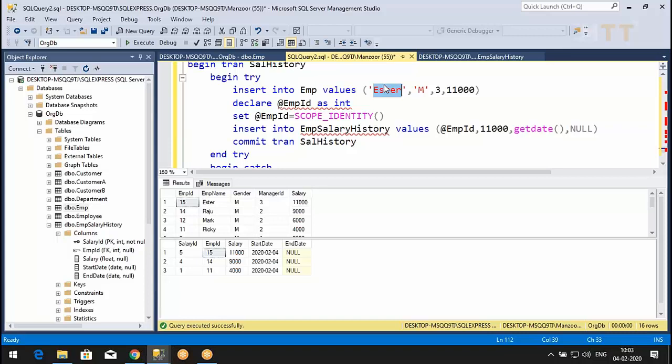How? With the help of the scope identity function. See, if you are executing a query, it is allocating some memory in the RAM for your user, then it will read the value generated by you. So it will allocate for each and every user who is executing. So from that scope it will take. So this is your predefined function, scope identity. Is this clear?